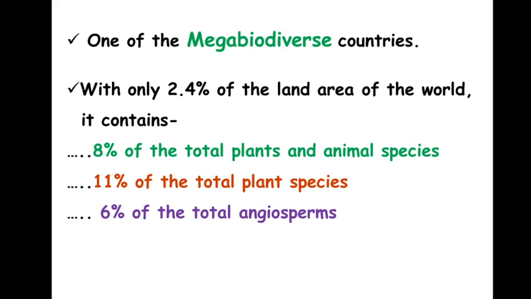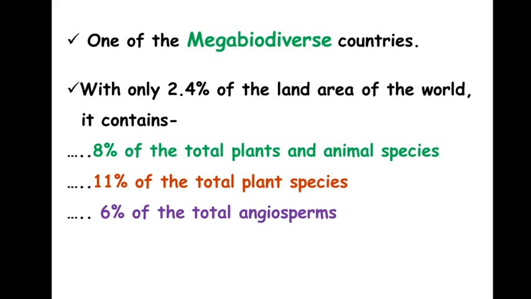So there are two criteria a country has to fulfill in order to be honored as a mega biodiversity country. Number one is that at least 5,000 species should be present which are endemic in that country, meaning beyond this country, nowhere else should those species be present. And in the border of those countries, a marine ecosystem should be present. Alright. So the position of India in the list of mega biodiversity countries is almost 9 to 10. I have forgotten exactly what the position is. The top position is occupied by Brazil, in terms of richness of biodiversity.